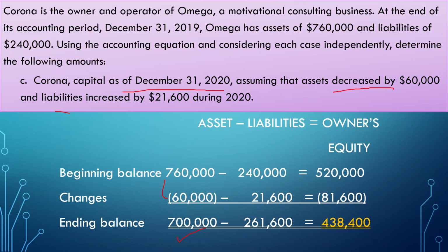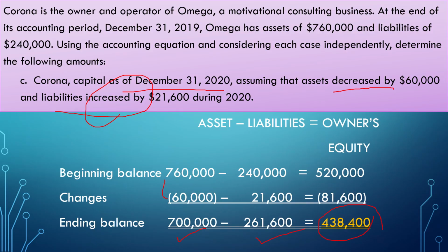And the liabilities increased by 21,600. So it's like 240 plus 21,600, and you get an ending balance of liabilities of 261,600. So ending assets minus ending liabilities gives you the ending owner's equity balance, which is